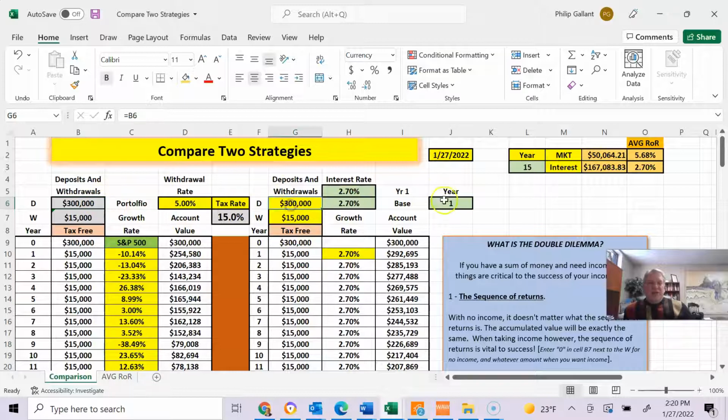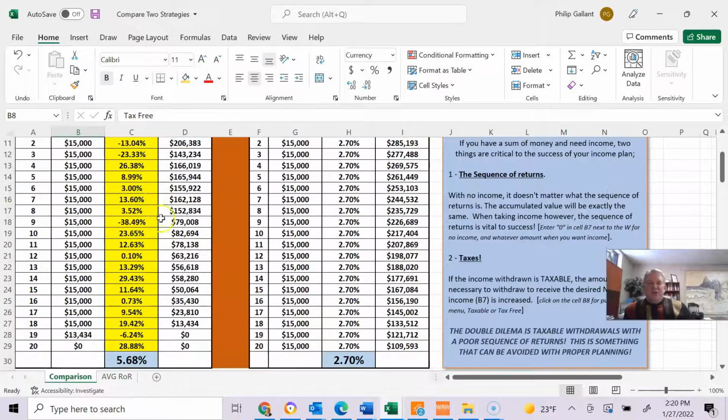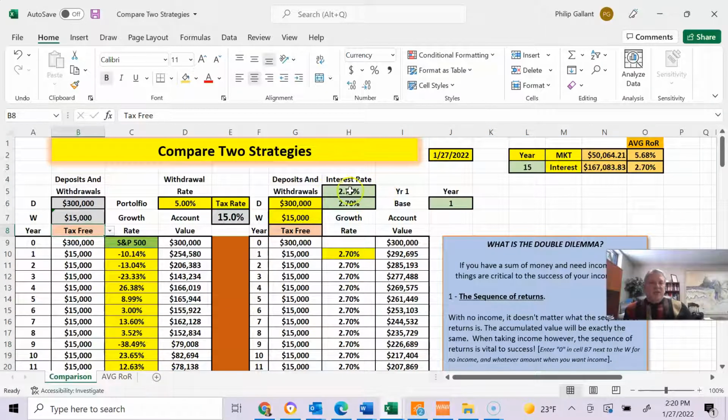So if we had $300,000, for example, to invest somewhere, and we wanted to take 5% out of that investment to live on, that turns out to be $15,000, and we're going to ignore the fact that we may have to pay taxes on that for now. We just want to know what it looks like taking $15,000 out. If we look at the S&P going back to 2000 through 2020, here are the returns. And if you simply add all of these returns up and divide by 20, your average rate of return is 5.6%. Here we have another account, fixed account, earning 2.7% every year for 20 years,